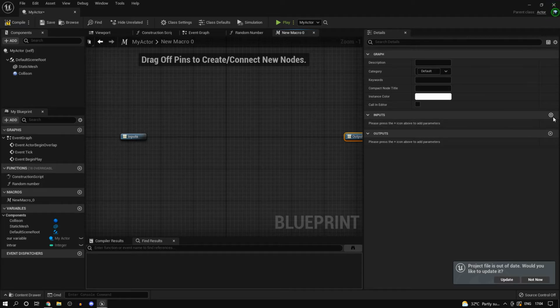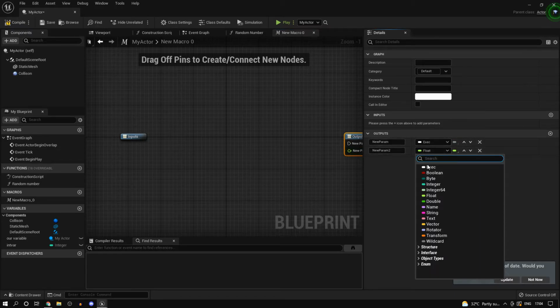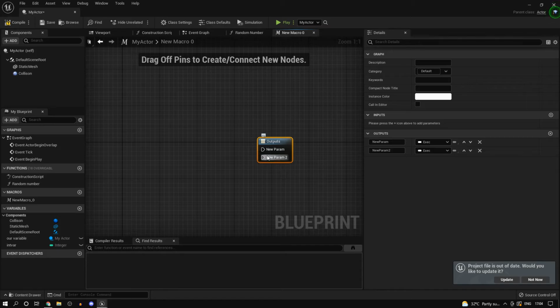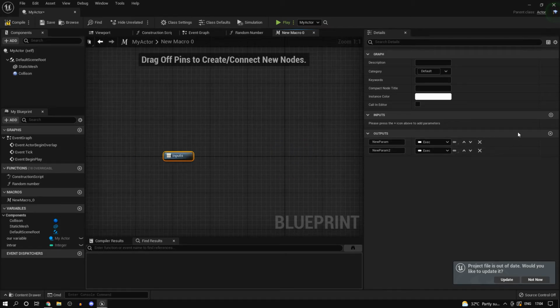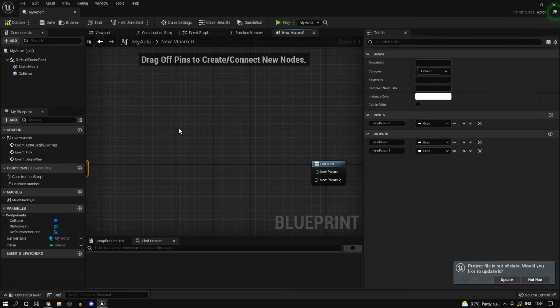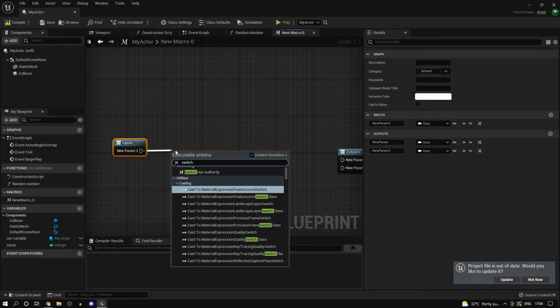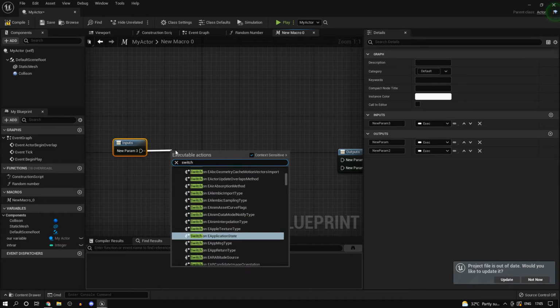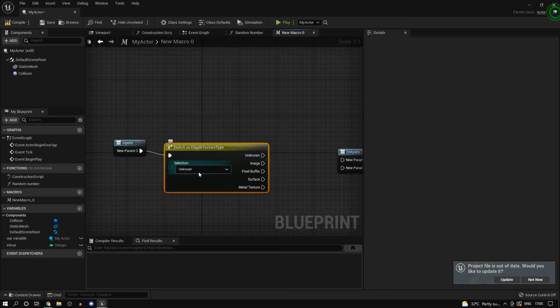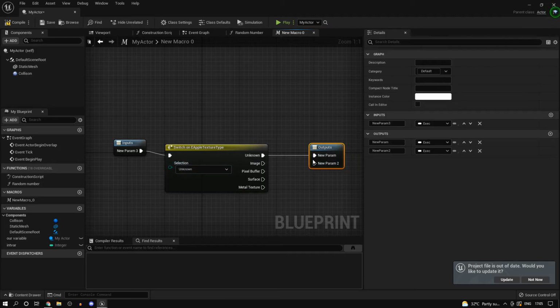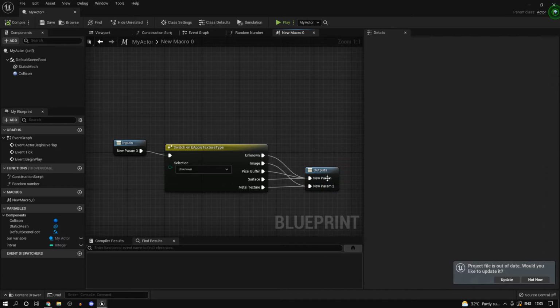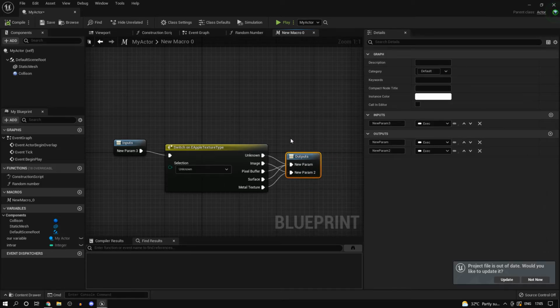First of all, it allows you to have multiple in and out execution pins. What you see here, what controls the flow, this is an execution pin, and you will need at least one execution pin, otherwise it's pretty much pointless. So you could have a switch here. Let's actually have a switch for a random enum over here. So I can have multiple execution pins based on values. That's one advantage of macros.